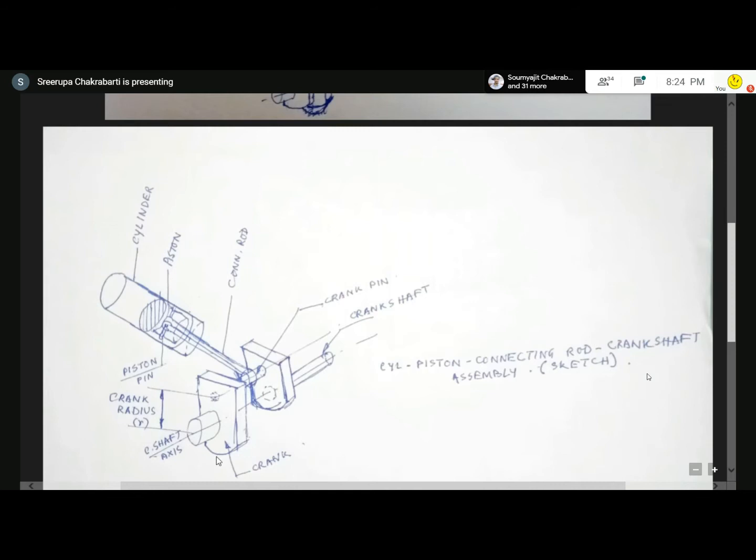Now what I was trying to tell you is that, see, the videos are a bit fast for the beginners. If it is a bit fast, it may be difficult for one to understand from which side the motion comes, which one is the input motion and which is the output motion. That is the most important part. Here I am trying to highlight that the gas which is entrapped here, this is a sheet metal circular plate, closes the cylinder, and this is a hollow cylinder. This side